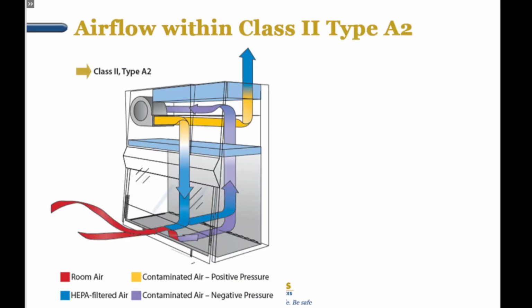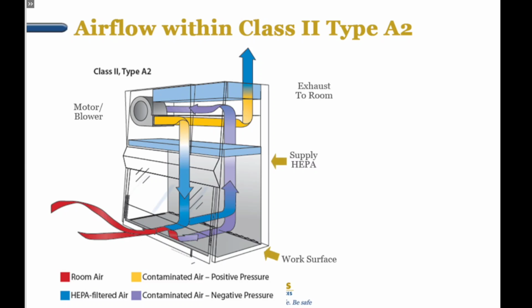The Class 2 Type A2 BSC is the most commonly used BSC. This diagram shows the airflow pattern and the key features of this type of BSC, including the exhaust HEPA at the top of the unit, where exhaust air is HEPA filtered before exiting the BSC, the motor blower, which moves the air through the BSC, the supply HEPA, which filters the air before it is blown down onto the work